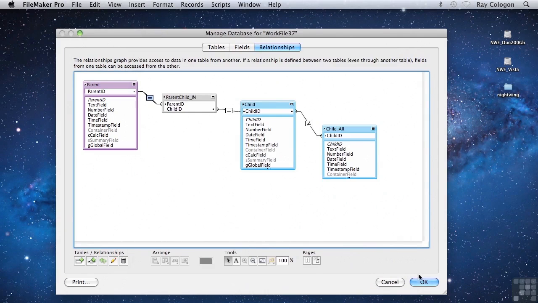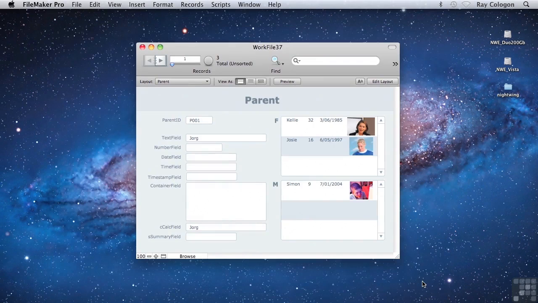When I click OK to exit the Manage Database dialog, a slight change appears in the way the portals are handled, in that FileMaker allows me to click into a field in the first empty row at the bottom of each of the portals. Here I can simply start typing, and what I enter will automatically create a new record in the child table and a new join record connecting that new record in the child table with the current parent record. So for example, if I enter a record for Jeremy, who might be, say, 14 years old, born on the 9th of the 5th, 1999,